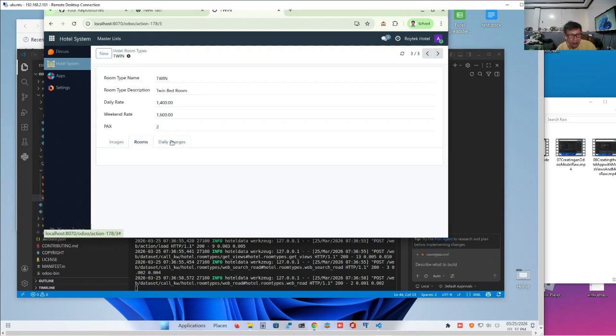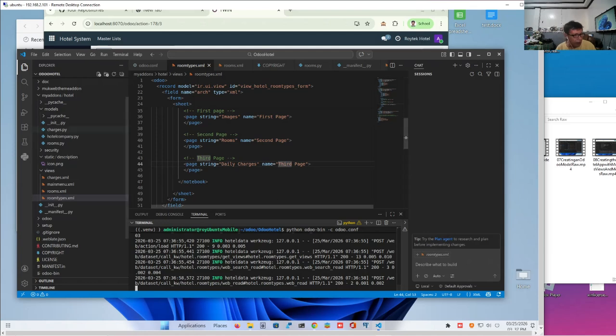First we will show the images of the room and the bathroom, and then we'll show the rooms under this also in a list view, and the daily charges under this also in a list view. Let's do that now.